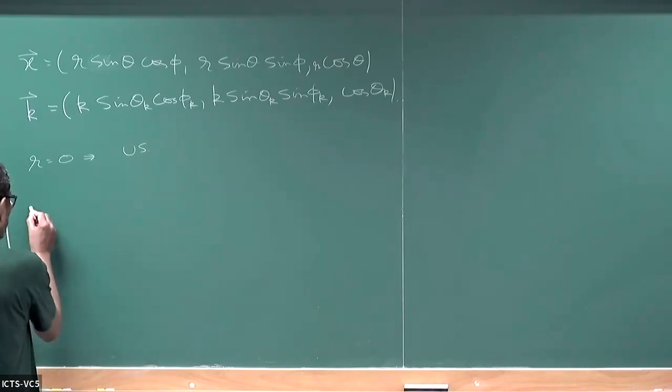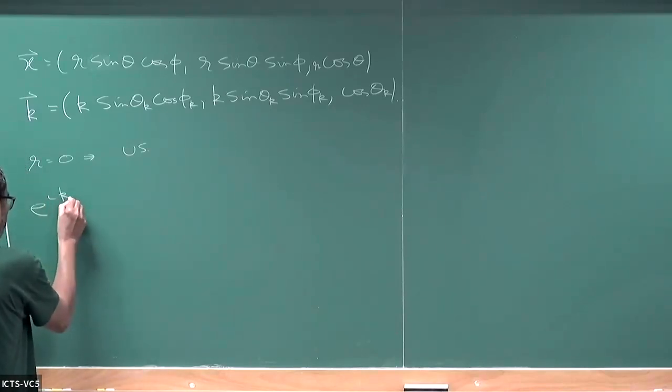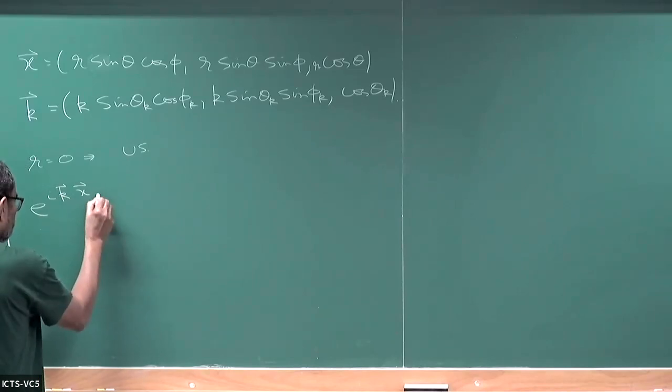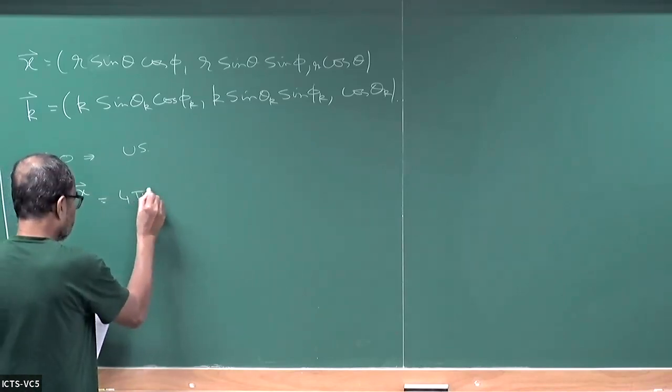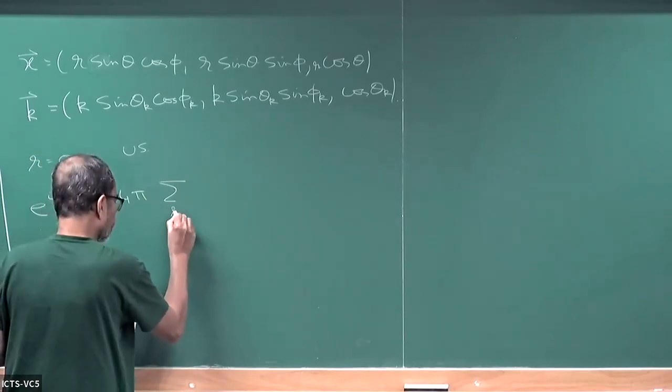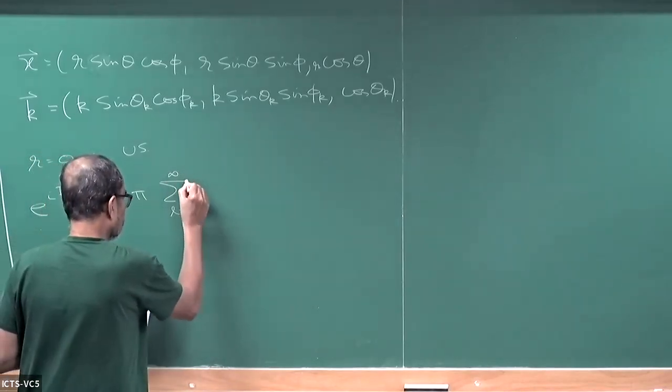So now we are going to use this relation that e to the i k dot x is 4 pi some, this is an identity,